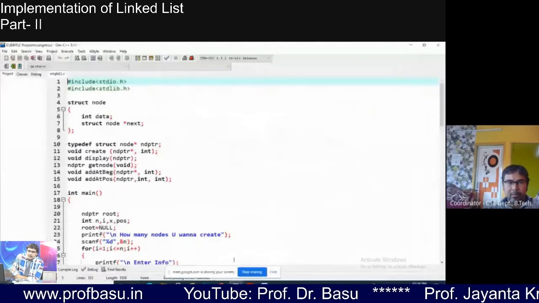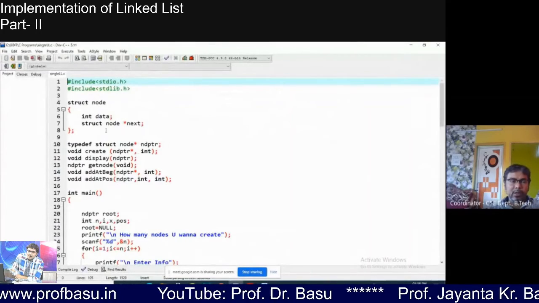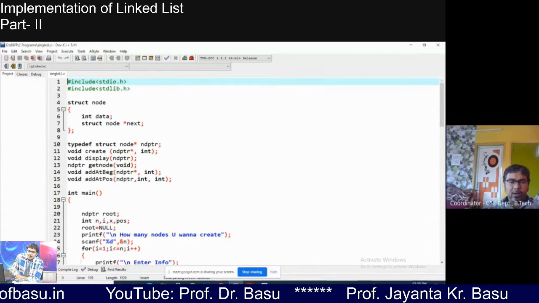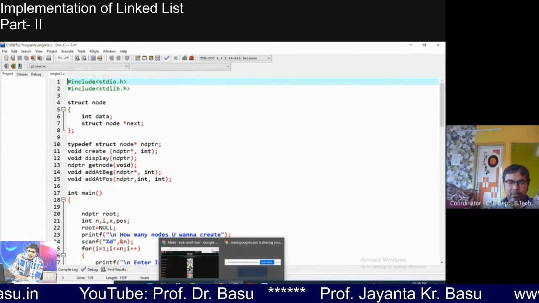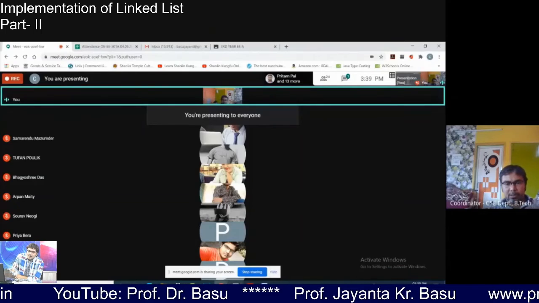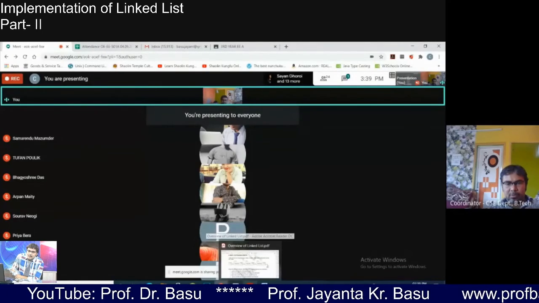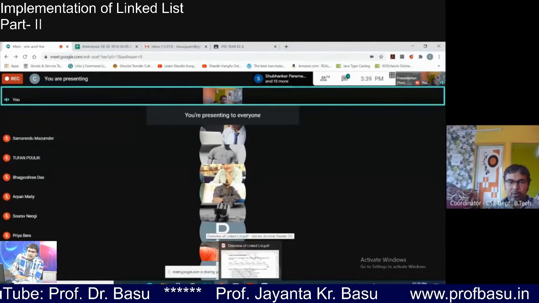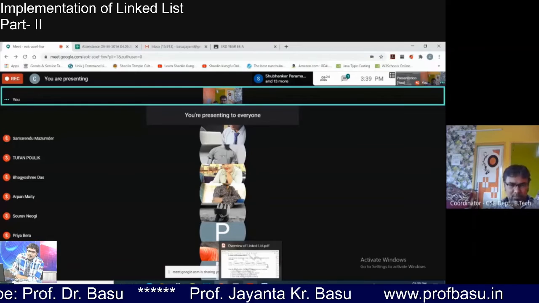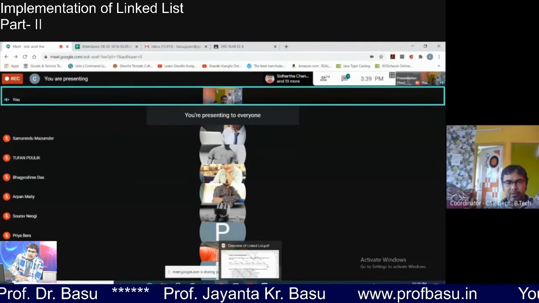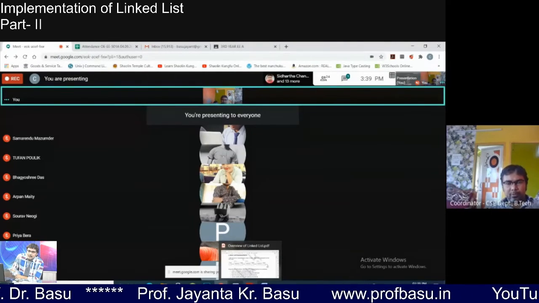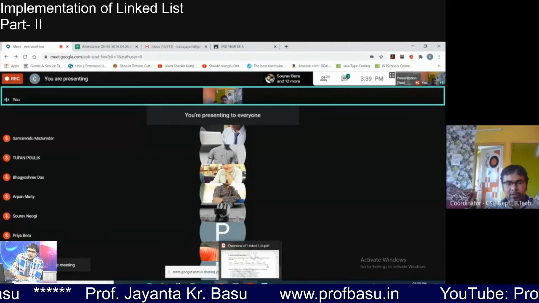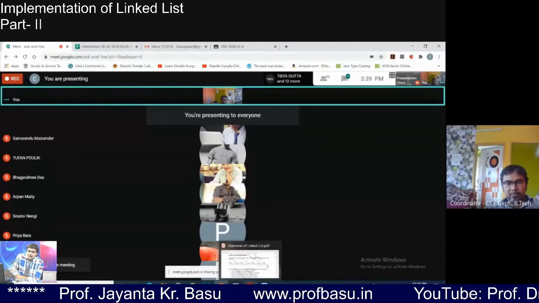Okay, manipulation of linked list. So here I told you that this is the main definition of the node of the structure. I am telling you again that this is not in your syllabus. The practical lab is not in your syllabus, but if you don't see the code, if you don't understand the code, practically just studying this subject will be of no use. So that's why I am discussing, and you will enjoy the code.